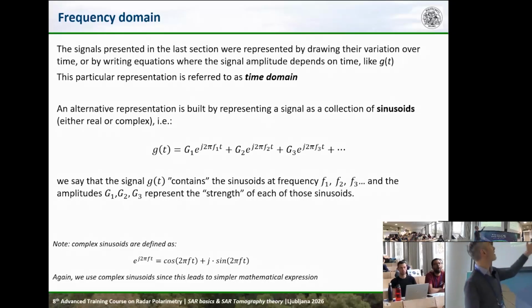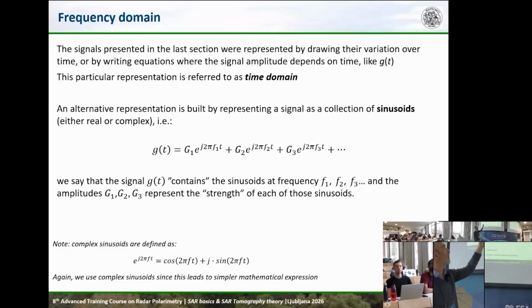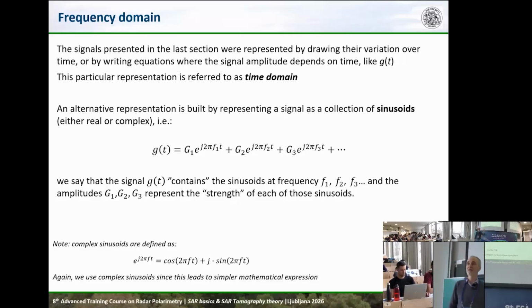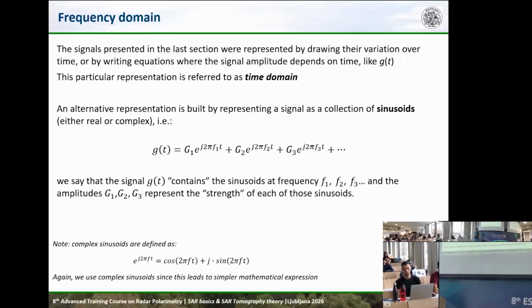In this case, we have G1 times exponential of j 2 pi f1 t plus G2 exponential of j 2 pi f2 t, and so on. I could also write the signal in terms of real valued sinusoids, so like the sum of a bunch of cosines and sines, but for the same reason that I said before, at the end of the day, it's much easier to use